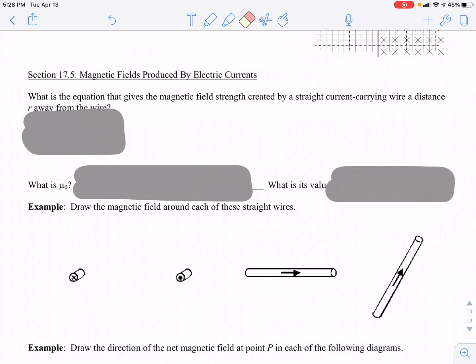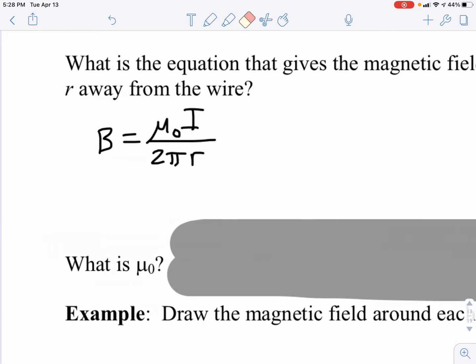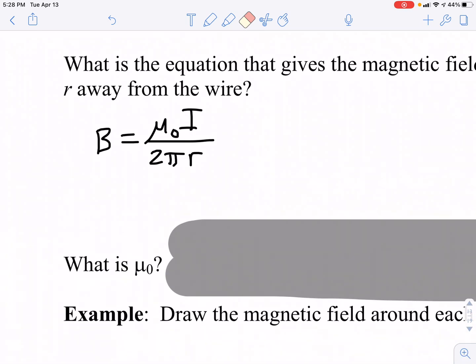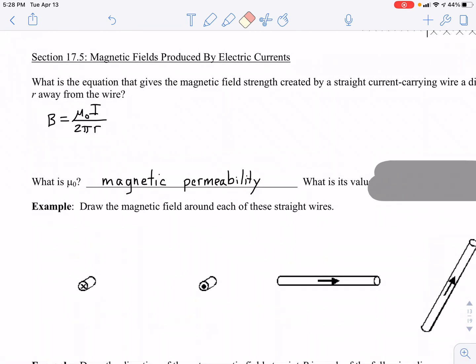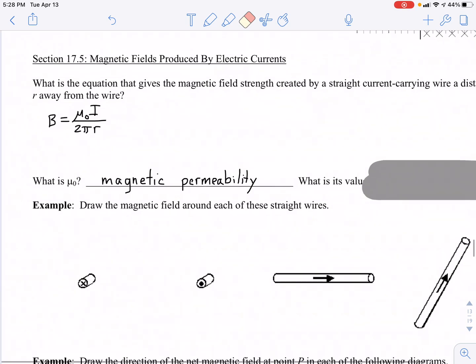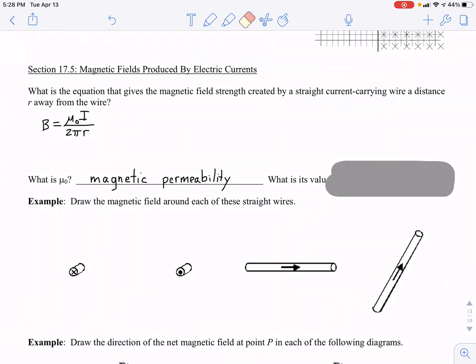Magnetic fields produced by electric currents. What is the equation that gives the magnetic field strength created by a current-carrying wire a distance r away from the wire? Well, it's B equals mu naught times I over 2 pi r. Let's break this down. What is mu naught? Mu naught is referred to as the magnetic permeability. It's a constant, and the value we use for it in calculations is 4 pi times 10 to the negative